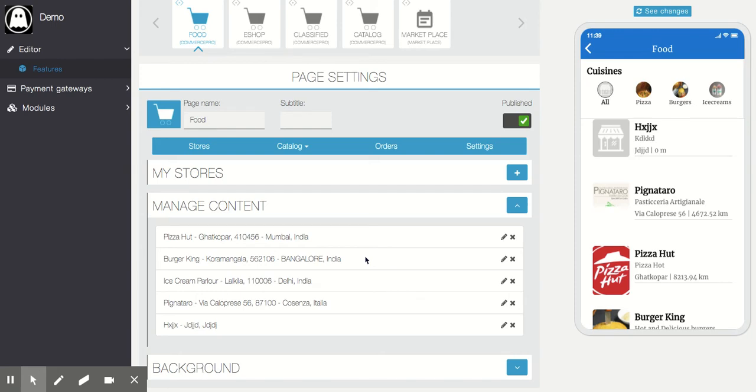Now here comes a different scenario where you want your store owners to manage, update and access their orders. I have five stores here, and I don't want them to access this whole section because there are many stores.